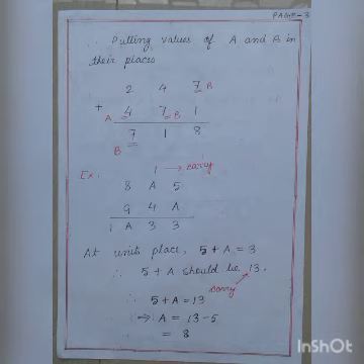Now let us check with another example. 8a5 plus 94a. At units place, 5 plus a is 3. 5 is greater than 3, so 5 plus a should be 13. Therefore, a is equal to 13 minus 5, which is equal to 8. So we have got the value 8 for a and 1 will be carried to tens place.